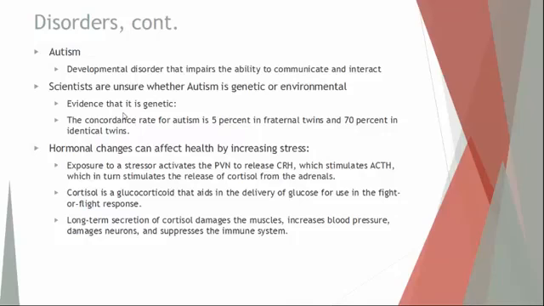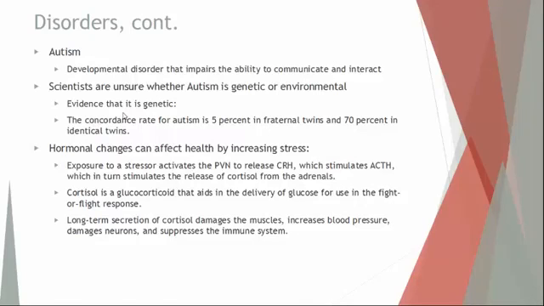Some environmental causes that could lead to autism: the parents of the child being older when the child is conceived, some complications during pregnancy. So what has been shown the last few years, there's no one and only one cause of autism. There's a large variety of different causes. Some are genetic, some are environmental.